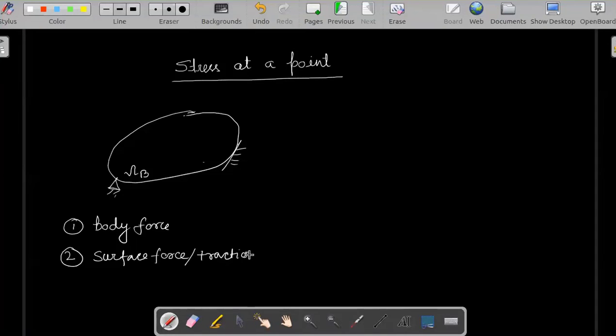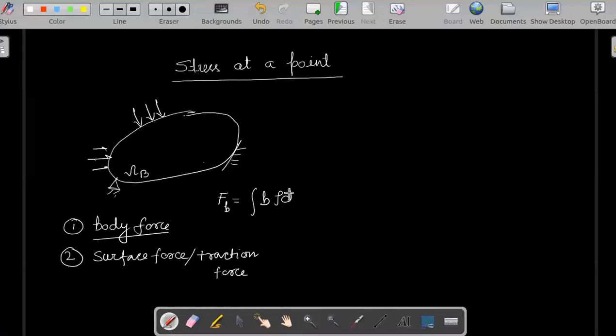So these are the two, apart from electromagnetic forces, I am not discussing all this. So there will be the body force and another is the surface force. So the surface force, let's say this is what the traction force is. And the body force is the gravitational force, centripetal force, and all these forces come under the body force. So now if you see the definition, the body force is defined as either per unit volume or per unit mass. So if this is so, body force can be considered as the B